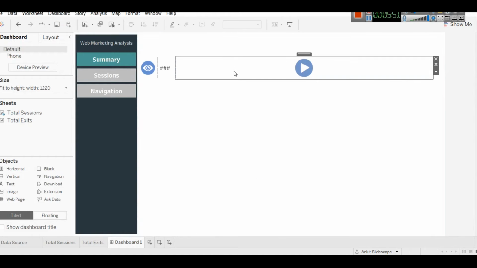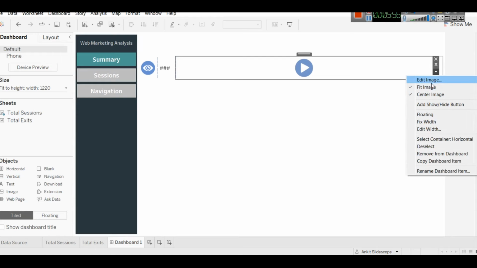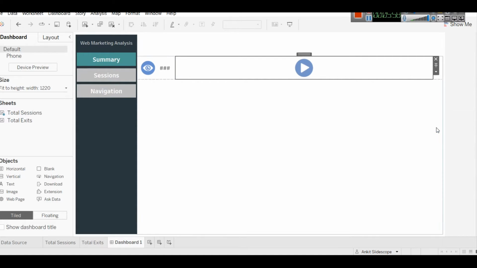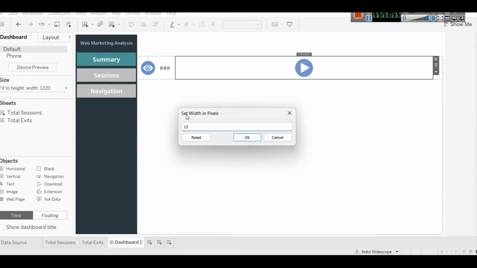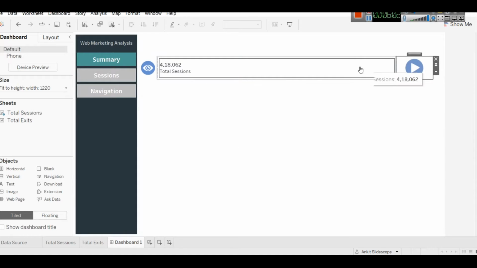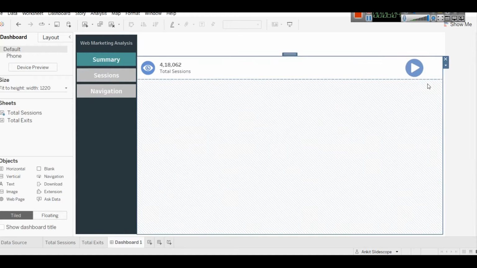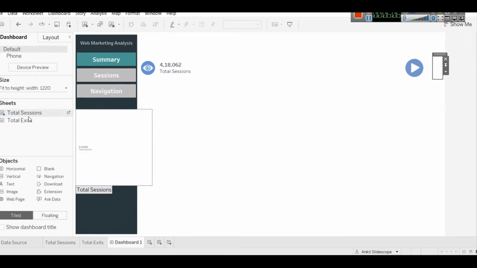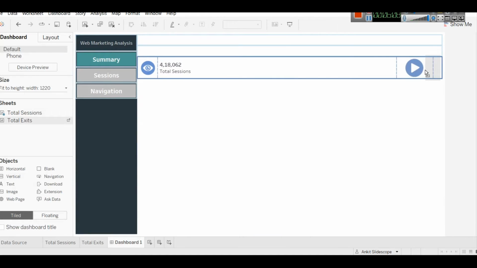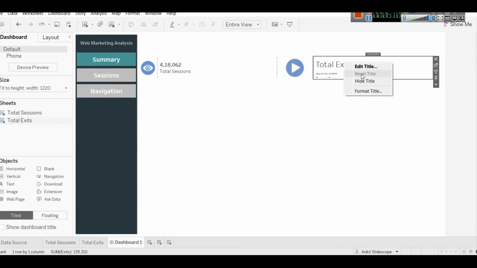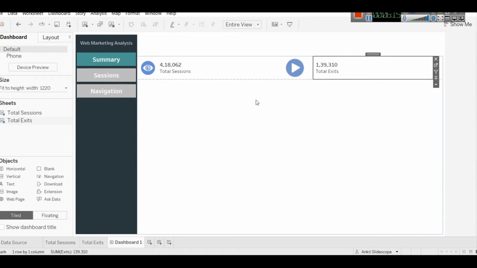First of all we are going to select the image width and set it to 120. So now we have this, and just on the side of it we are going to put total exits. And hide title. So this is now total exits, and this way we can keep repeating until we reach